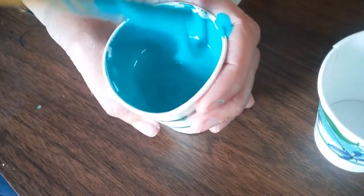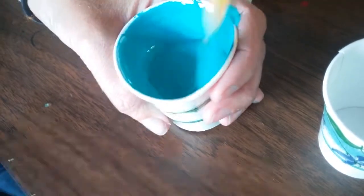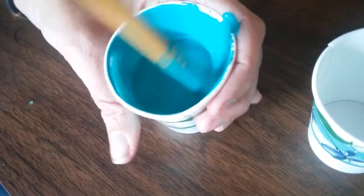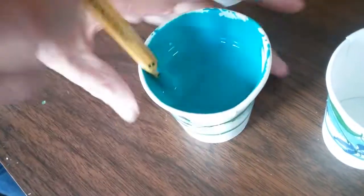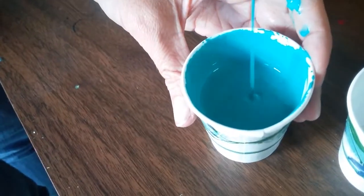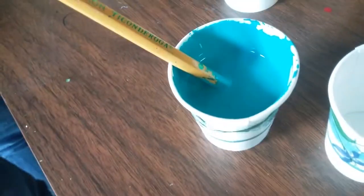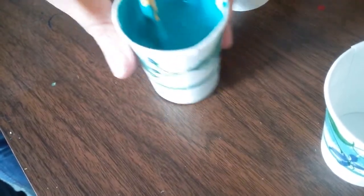The most important consistency is the consistency of your white. If it's too thick, it does weird things. If it's too thin, it does weird things. So you got to get your white the right consistency. I'd say that's about the right consistency. And so I hope I communicated that effectively. That's how I mix colors. Okay. What I'm gonna do next